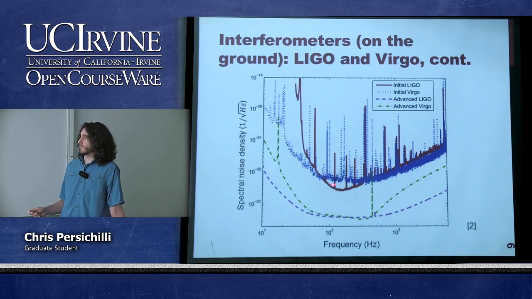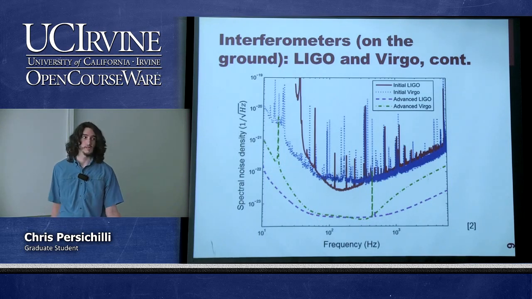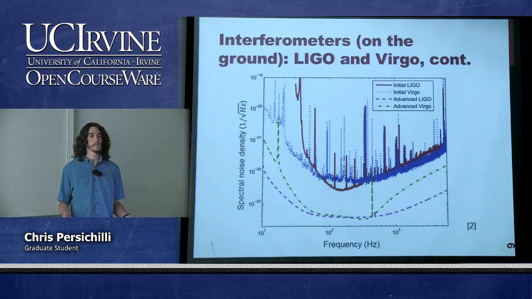So we can see what I was talking about before. LIGO has the lowest peak noise, which means it has a better peak sensitivity. But it blows up above around 40 hertz, whereas Virgo was much more sensitive down to around 10 hertz. And the advanced LIGO and advanced Virgo retrofits, you can see that they're an order of magnitude more sensitive. So they should be able to detect much more